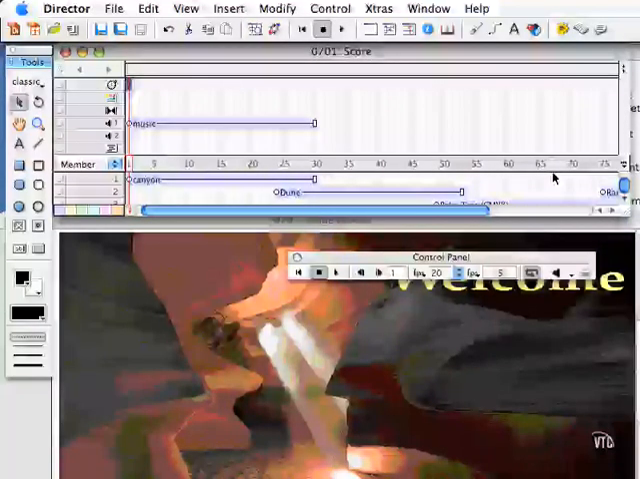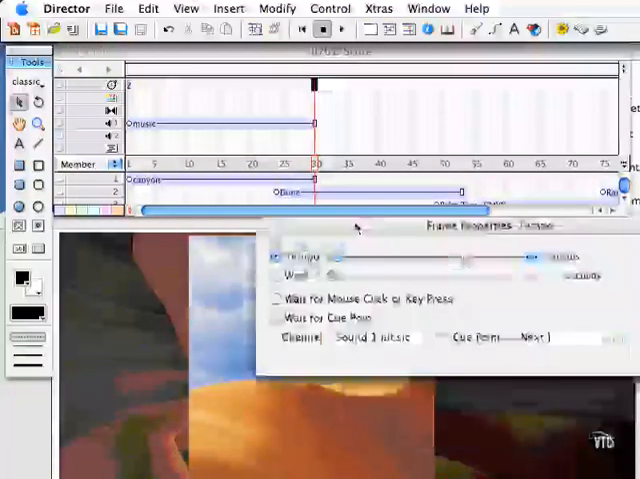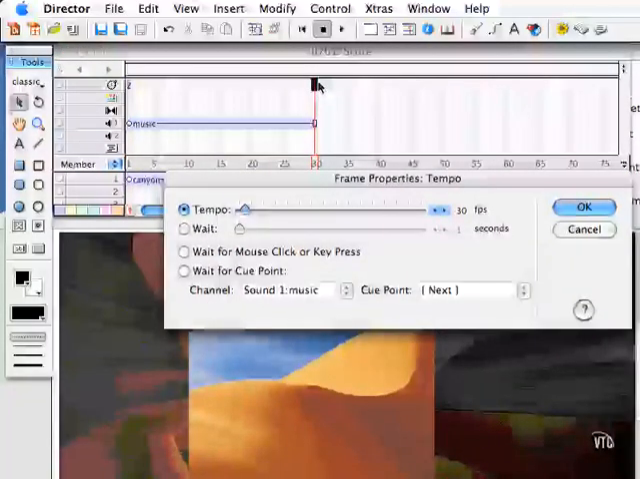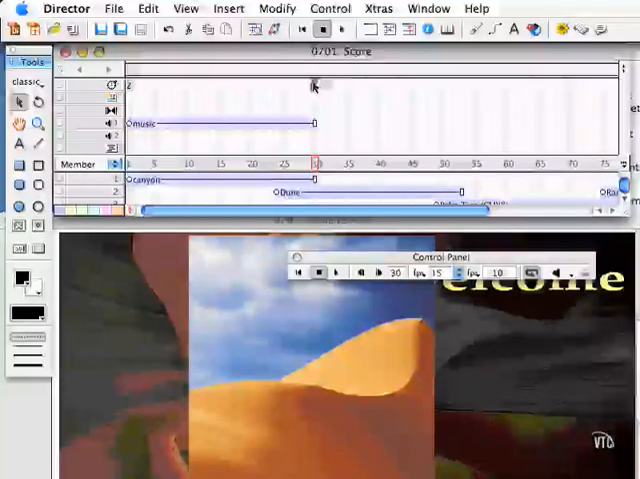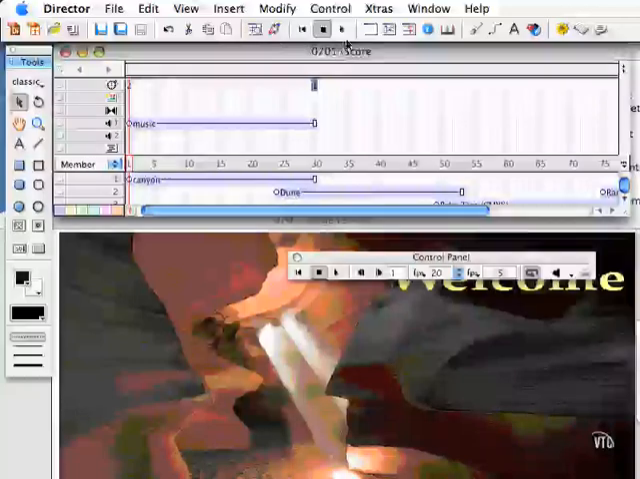Director plays a movie at the tempo you've set until it encounters a new tempo setting in the tempo channel. So for example, if I start off at 5 frames per second, but then I want to speed it up to 15 frames per second at frame 30, I double click on that cell there in frame 30, change my tempo to 15, like so. And now we may see this, it may be a little bit too fast, but if we rewind and play and then watch the tempo right there, notice that it went from